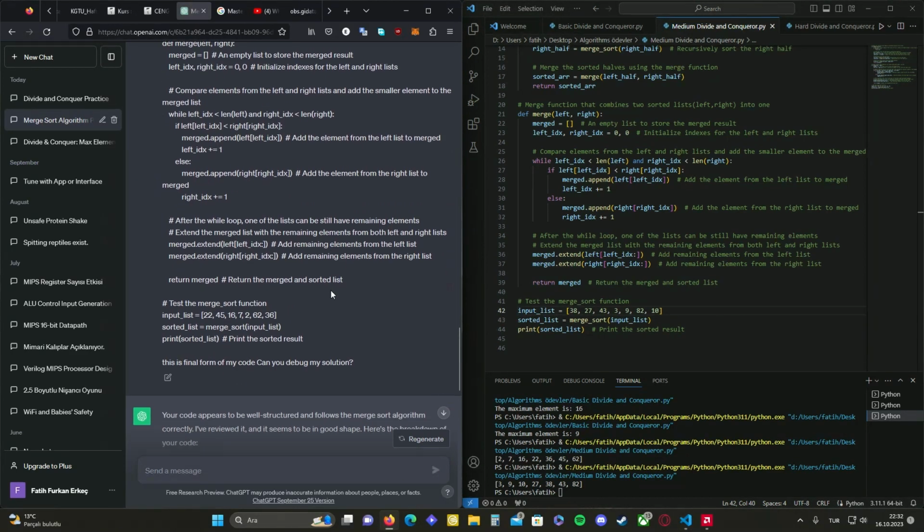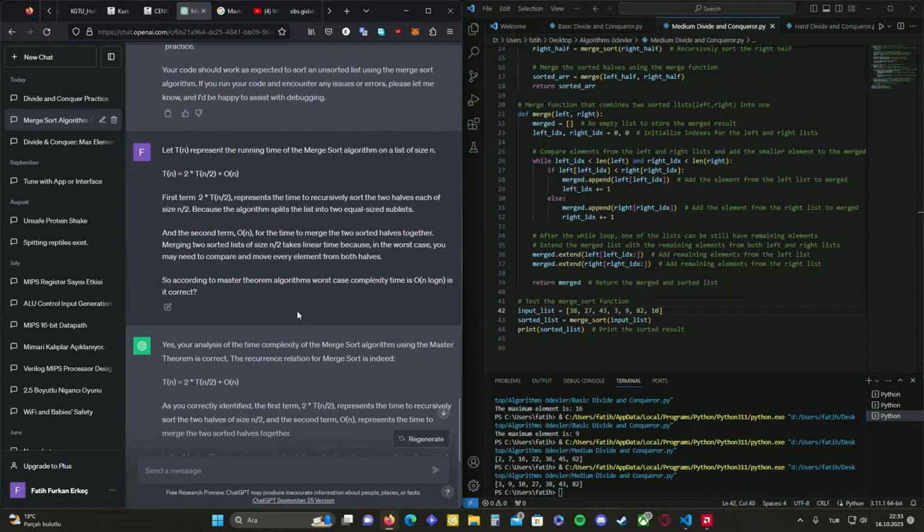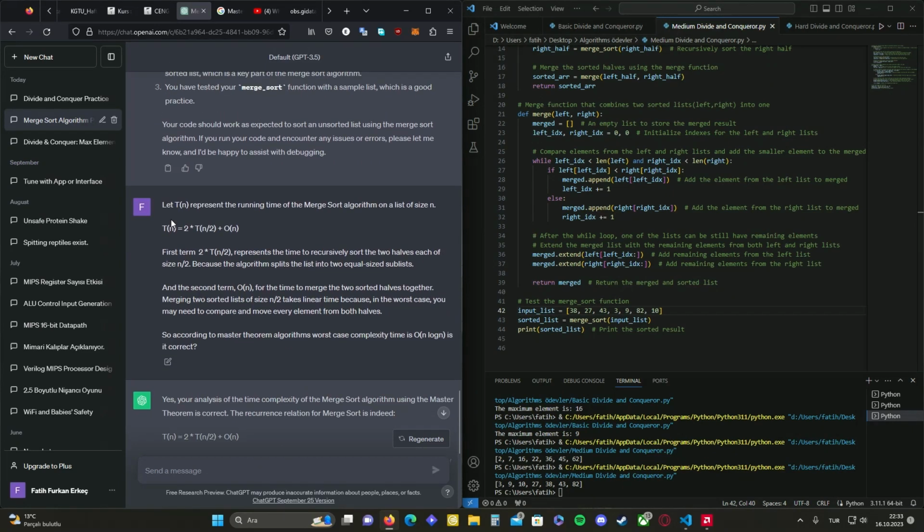And I sent the whole code, and this is my final form of the code. Can you debug my solution? It says your code appears to be well structured and follows the merge sort algorithm correctly. Your code should work as expected, and please let me know. It says it's correct, and as we saw in the lecture,